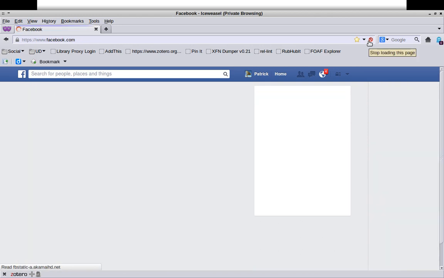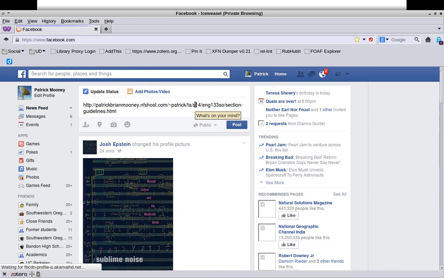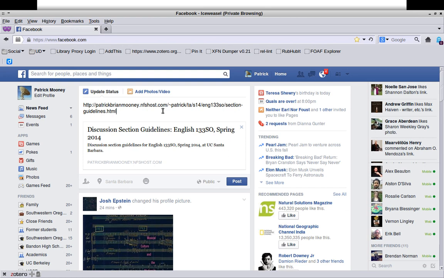It's so hard to resist that urge to check those 4 notifications since this morning when I logged in. If I share a URL on Facebook, what Facebook does is it retrieves the URL and tries to get information about the document. My discussion section guidelines handout does not currently have Facebook-friendly markup, Open Graph markup, but Facebook is still figuring out